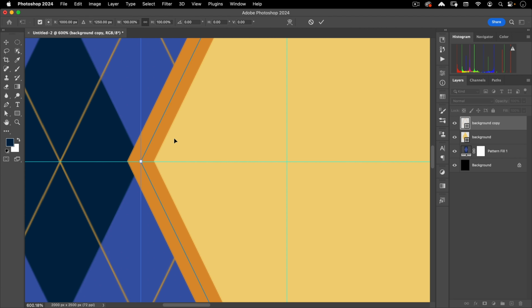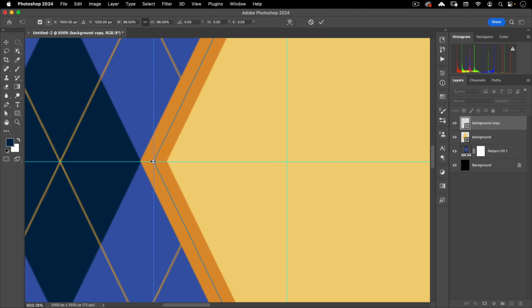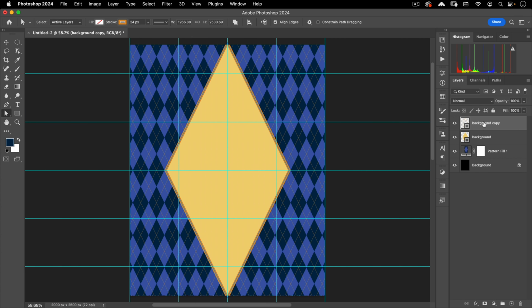So I'm going to do Command T for transform. Make sure I hold the Option so it's scaling from the center. And then I'm going to move this to there. And then, so that's 98 degrees. And then we'll hit the check mark. And let's call this one frame. And for the frame, I want to add a little bit of a